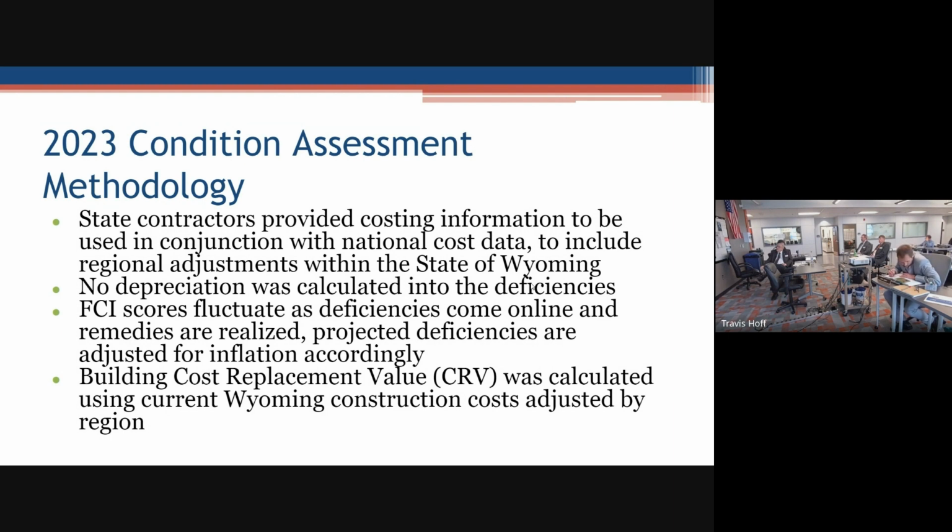And I would say that we have the ability, within both databases, to project the deficiencies and adjust for inflation in real time. So we're building that into our reports where you can go in and adjust inflation accordingly, and it'll adjust the projected costs of the deferred maintenance out. And then again, the building cost replacement value was also calculated using current Wyoming construction costs that were adjusted by region. And just to elaborate on that a little further, those cost replacement values